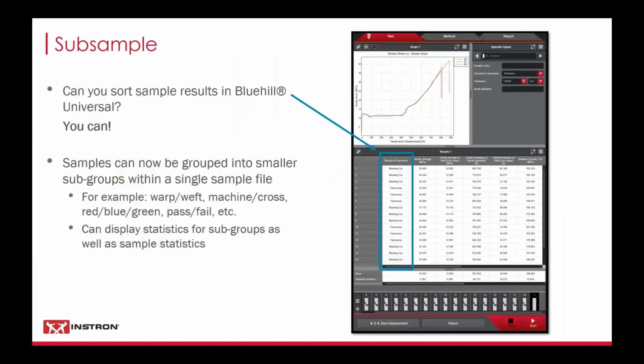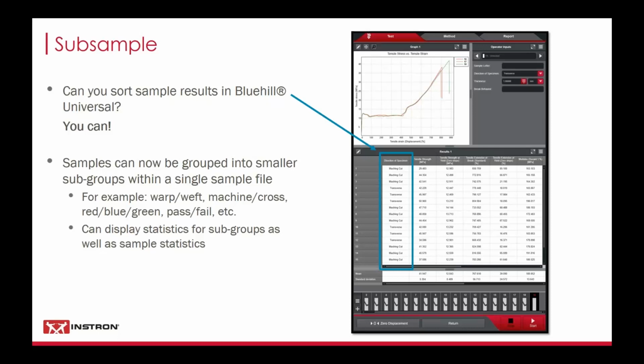So let's review Subsample first. In the screenshot to the right, I have a group of results I collected from doing tensile tests on thin films. And anyone who has done thin film tests knows that a film can be cut along the direction or parallel to the machine the film is produced on. This is known as machining, or parallel cut. Or thin film can be cut perpendicular to the machine it is produced on, which is known as perpendicular cut or transverse cut. Machining cut films tend to have higher elongation, whereas transverse cut films tend to have lower